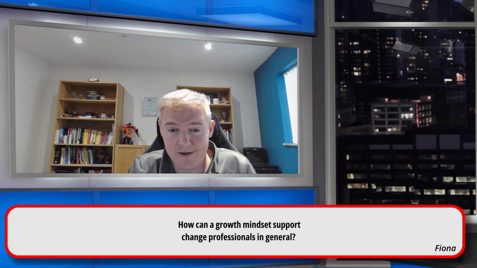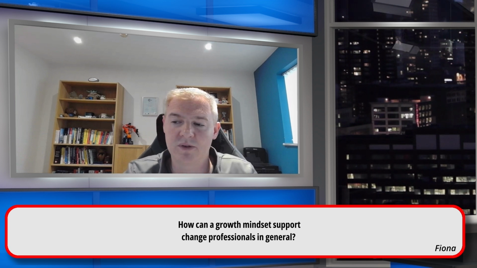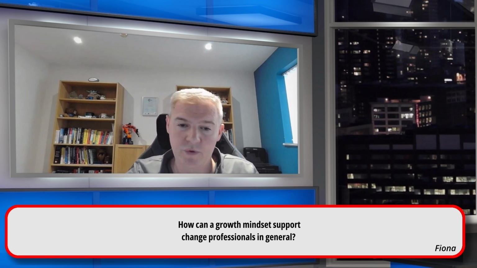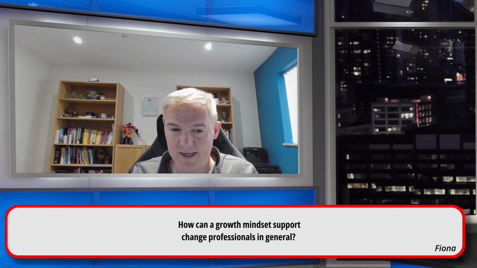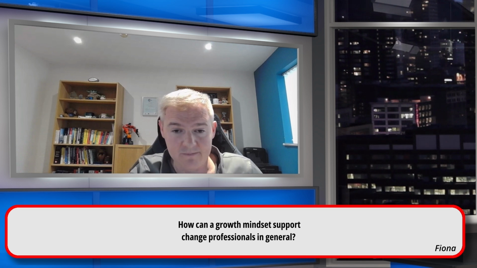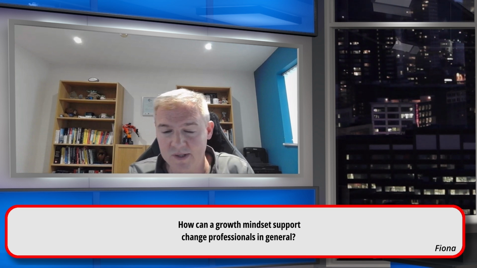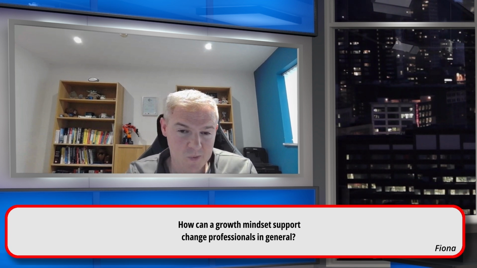If we're going to test and learn and improve on our products, services, on the things that we do for our internal and external customers, we've got to take a growth mindset approach to that, because that opens up the door for marginal gains, continuous improvement, learning lessons from errors where we need to course correct. It's just of huge value, and I think you can't be an effective change professional without a growth mindset. You can still do the job, but I think to be really effective, you need the growth mindset. I'm not sure if everyone would agree with me or whether that's controversial, but what are your thoughts?